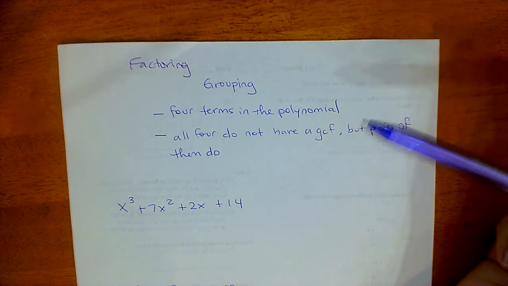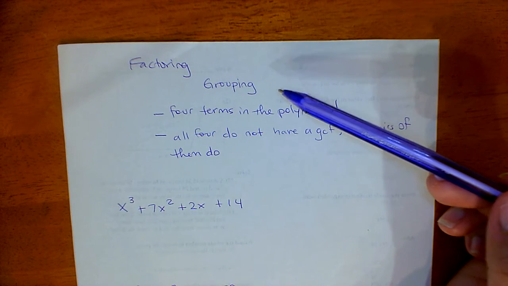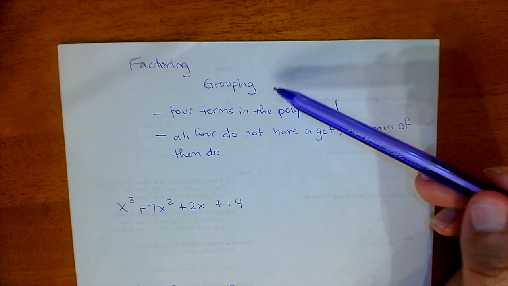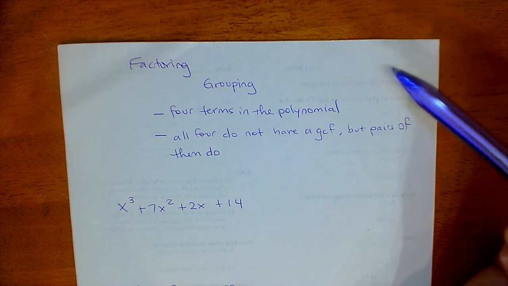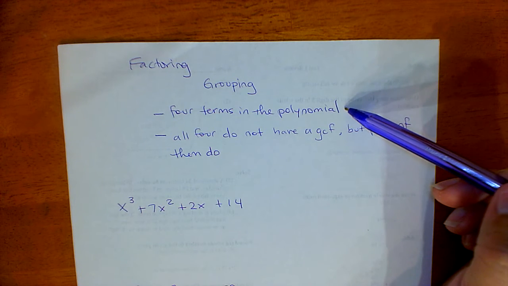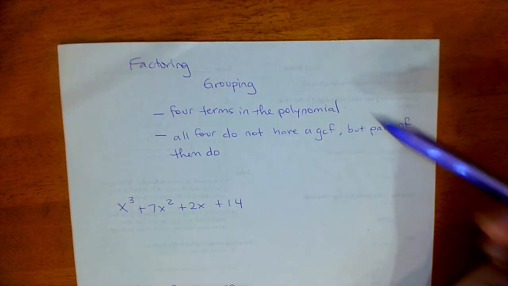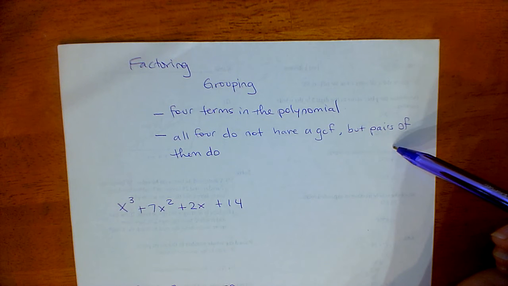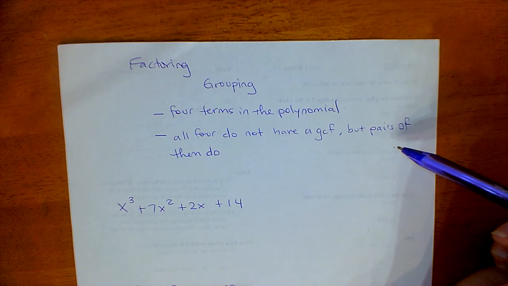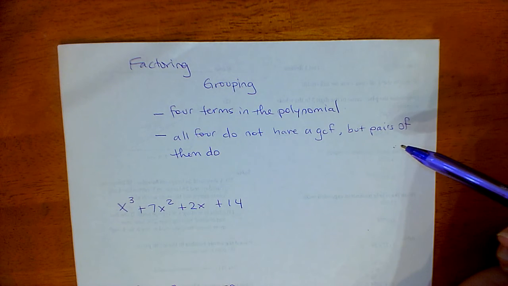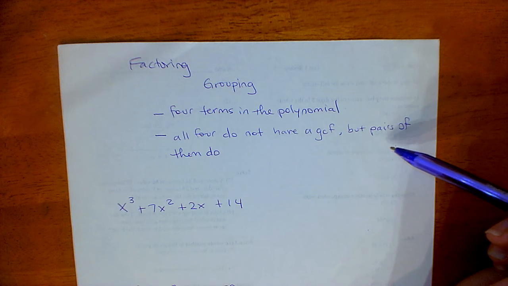In this video, we'll be looking at another method of factoring, and that is our method of factoring by grouping. For right now, we're going to know that we want to factor by grouping because they're going to give us some markers. They're going to give us a 4-term polynomial for one thing, and when we look at that 4-term polynomial, all 4 of our terms are not necessarily going to have a greatest common factor, but we might notice that pairs of those terms do, which is going to mean that this is a good candidate for factoring by